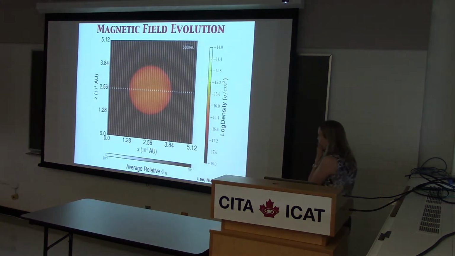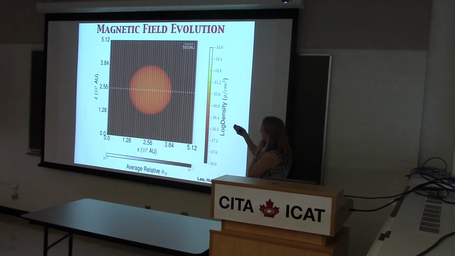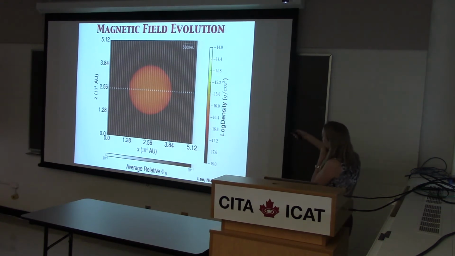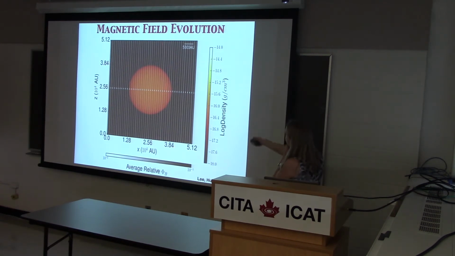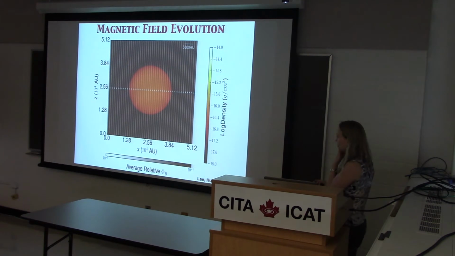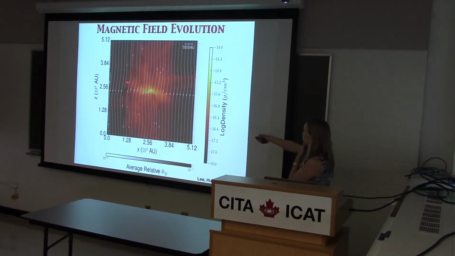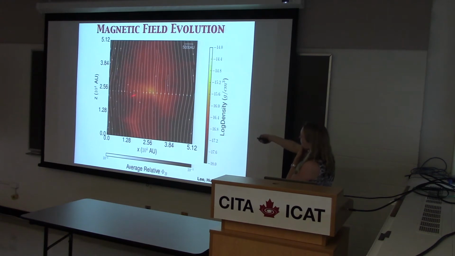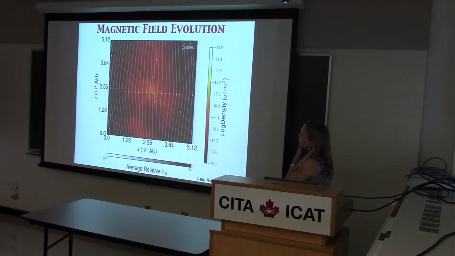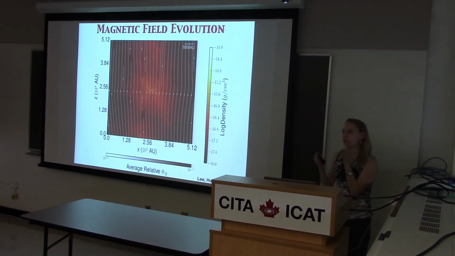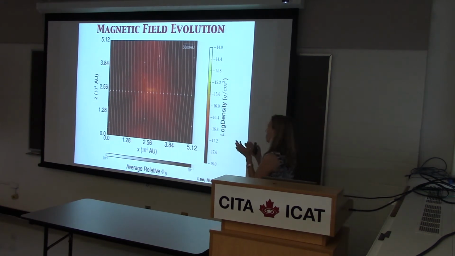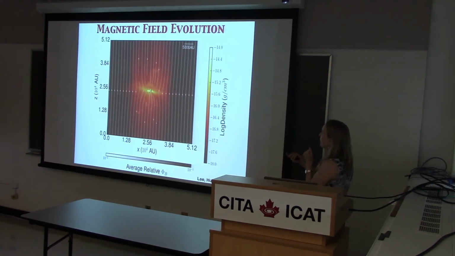All right, so here's a movie starting with the initial conditions. This is log density. It's a slice through the middle. And these are showing you the orientation of the magnetic field. All right, so it collapses, forms a protostar in the middle, and then there's a launching of the outflow, which you can't see very well because you're looking at density, right? You're not looking at velocity. Right, so it'll happen again.